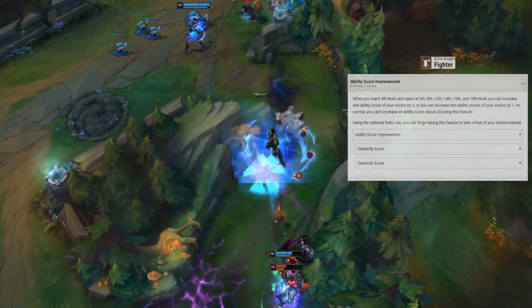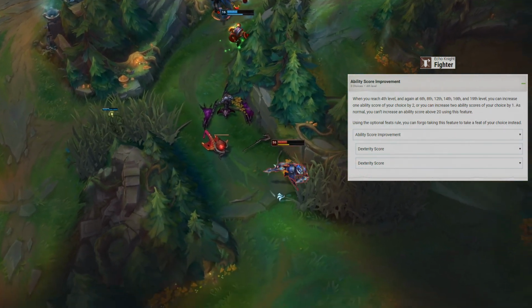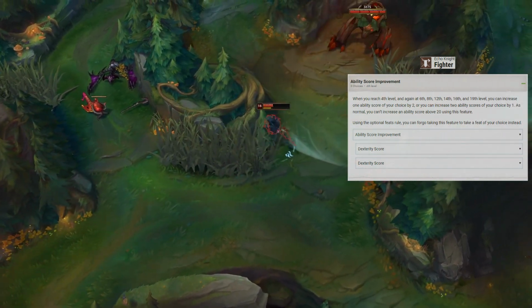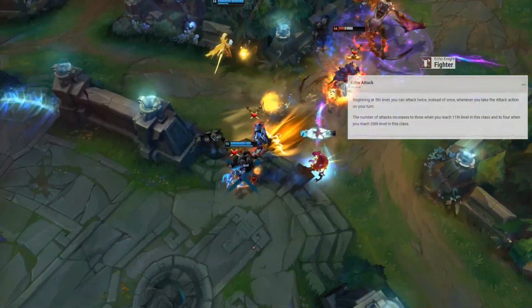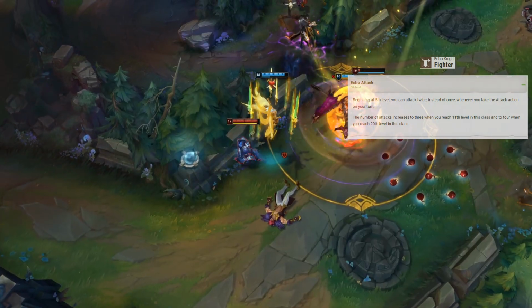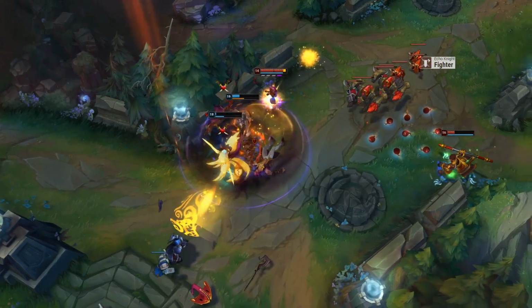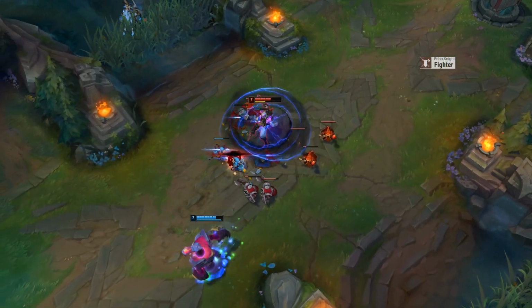At 4th level, fighters gain an ability score improvement, the first of like 100. For this level, we'll start ramping up our dexterity, putting both points into it for now. As I mentioned before, level 5 fighters gain the extra attack feature. Now when you attack, you get 2 main hand strikes instead of 1. Now that we've gained our Q, W, and E abilities, it's time to get our passive and ultimate by going